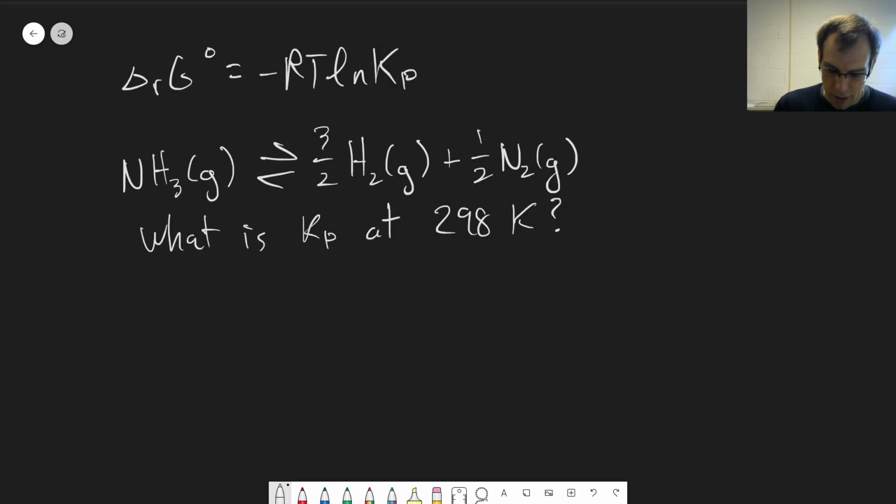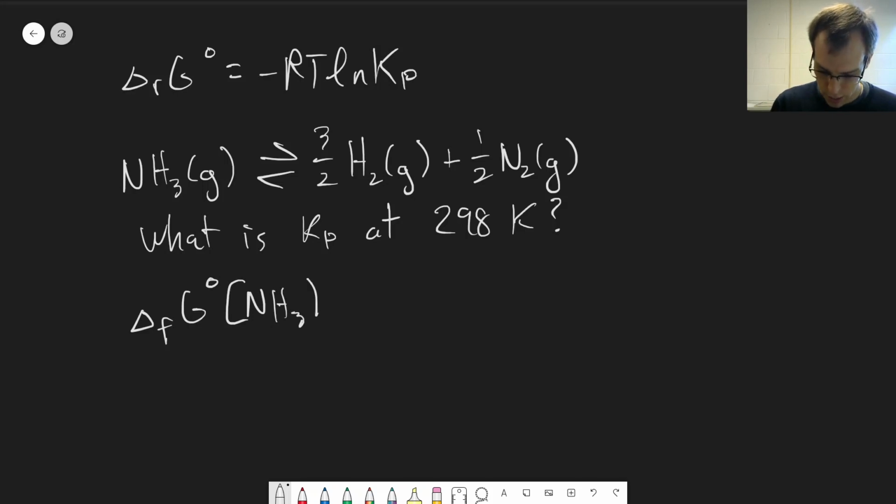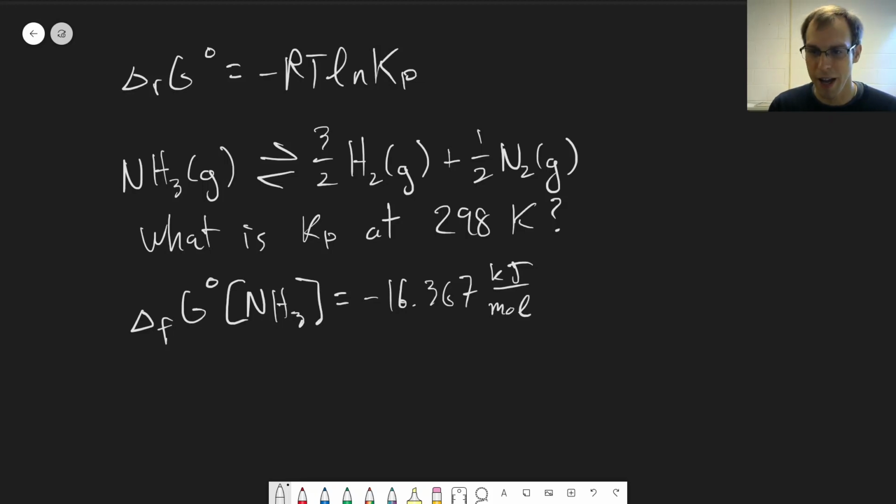Well, one thing you may notice for this reaction in particular is this is the reverse of the formation reaction for NH3, like the Gibbs free energy of formation. So if we look up the value of delta G naught for NH3, it is equal to negative 16.367 kilojoules per mole. So that means for this reaction, it's the reverse of that, because this is the opposite